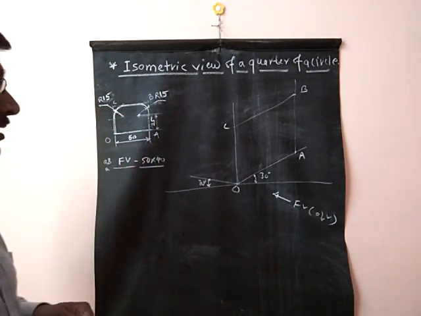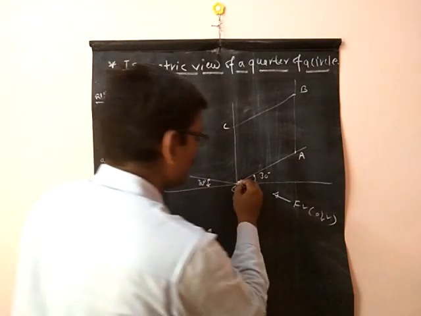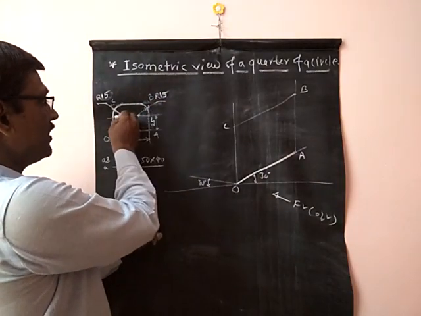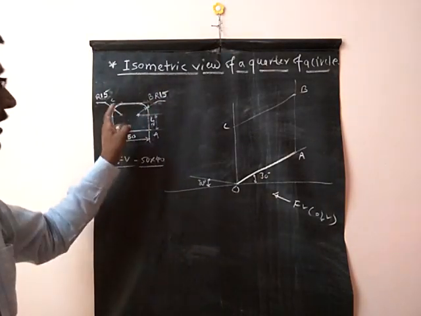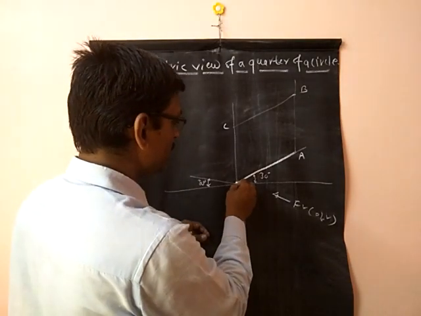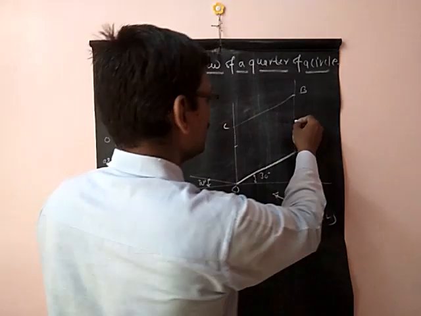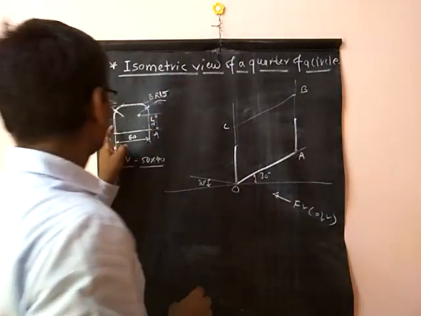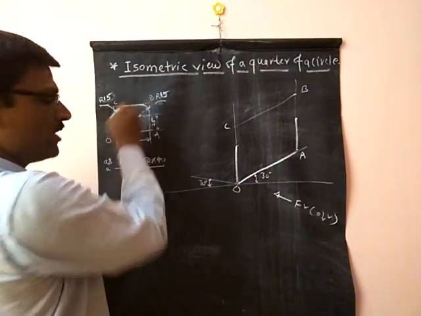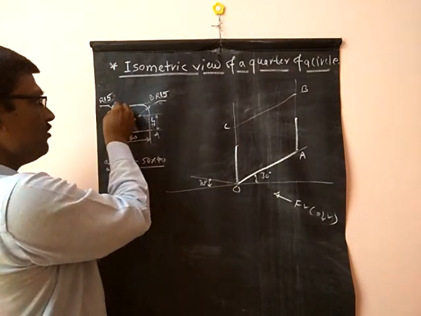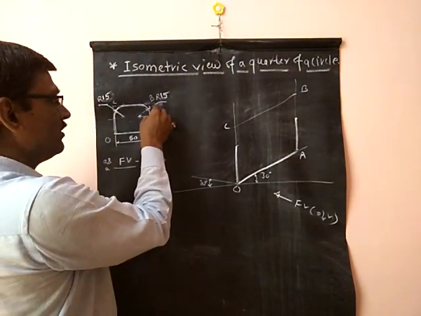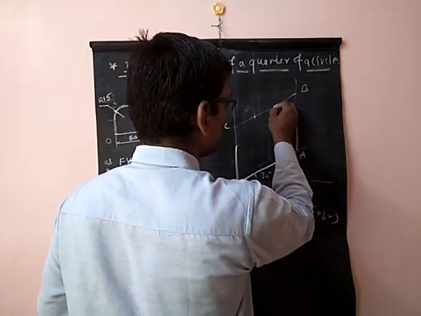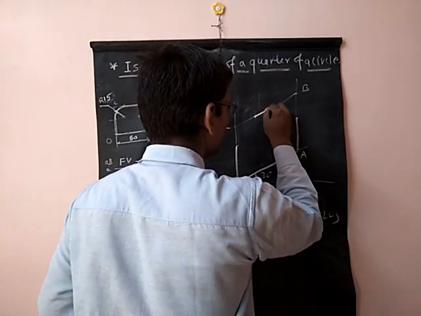Now, O to A is visible to the observer, so I am going to make this darker. Now marking the points of 25 millimeter, as well as these points here, so that we can draw the quarter of a circle or the arcs. From this one, this is 25 millimeter. From this one, this is 25 millimeter. I'm going to make these vertical edges darker, since they are also visible. How to mark this? From C and D, these points are at a distance of 15 millimeter, because this is 15. From C this is 15, from B this is 15. This will also be visualized by me.